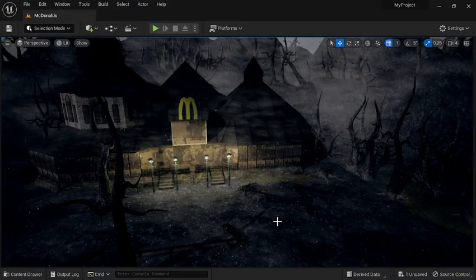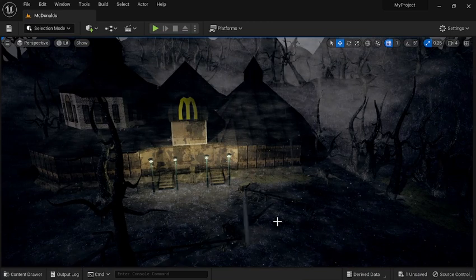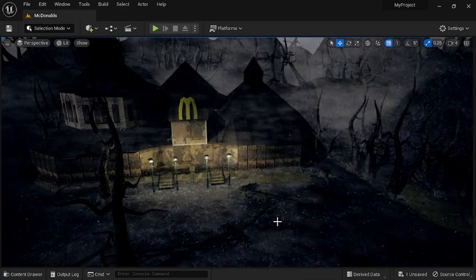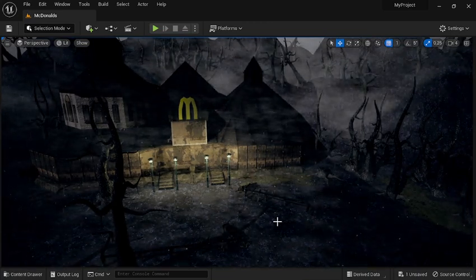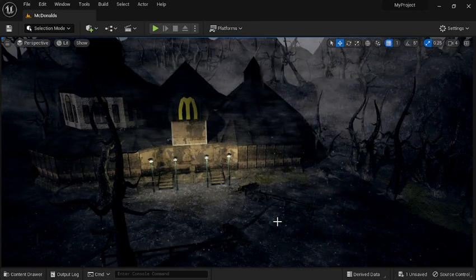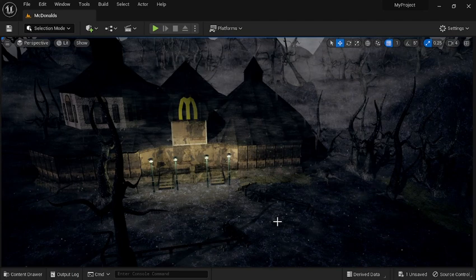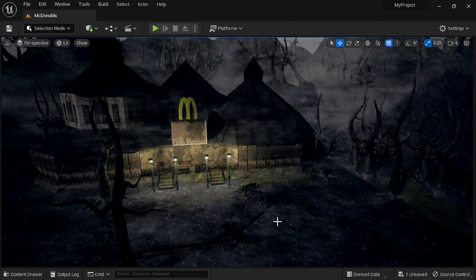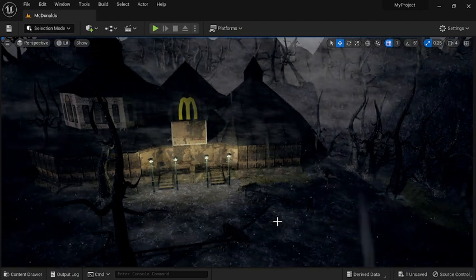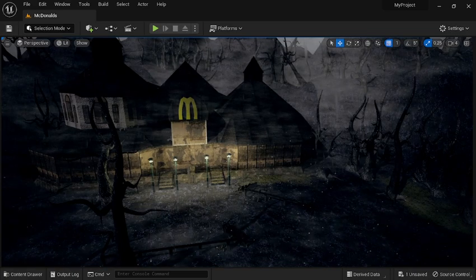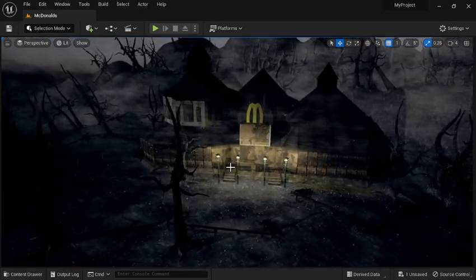Hello, this is my presentation of my 3D environment. I'll be walking you through what I've done and explaining how I've done it, what I liked about it and what I thought I could have done better, and then just explaining the overall process and problems that came on the way. So my original plan for my environment was to create the McDonald's building here, and I decided to